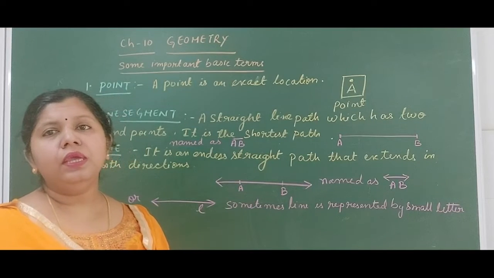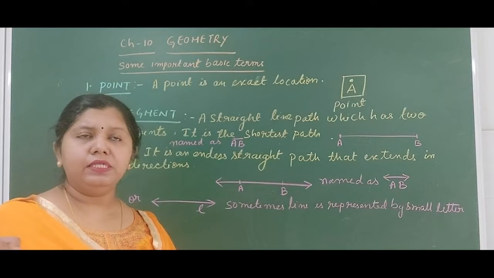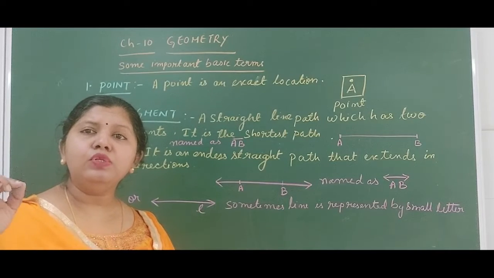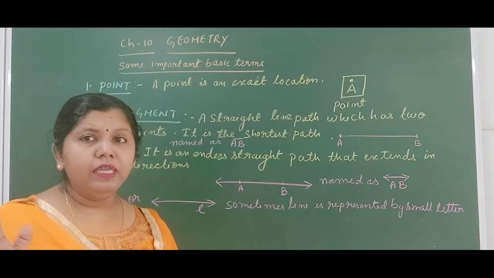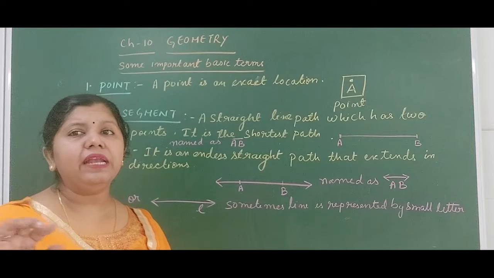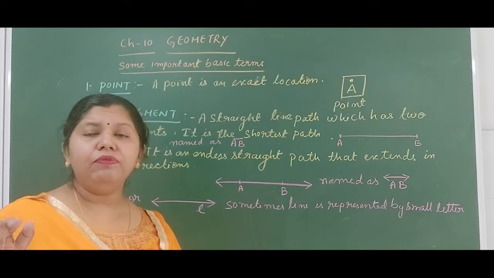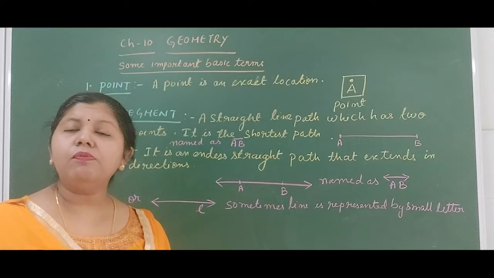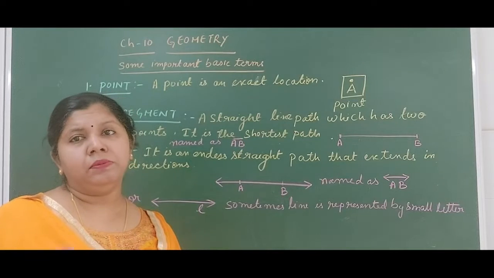Okay. Now you see, a point is used to represent many things, an exact location. For example, if I ask where our solar system, where our Sun is in the entire universe, that is again represented by a point. In the entire solar system, where is our planet Earth, that is represented by a point. In the entire map, if I ask you where is India, that is again represented through a point. So a point is represented in various ways according to the requirement.